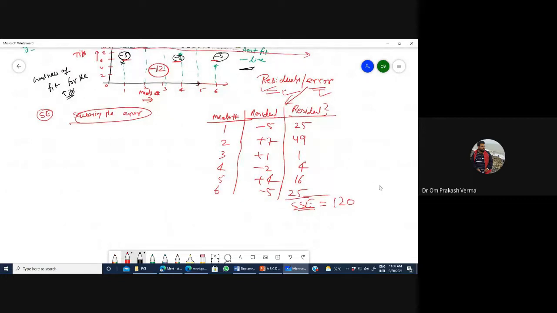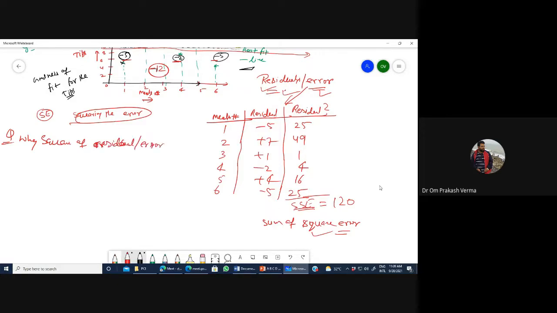This is the sum of square error. So why are we generating the sum of square, SSE? Why are we taking the square of error, or you can say residual?